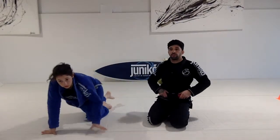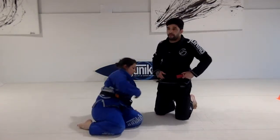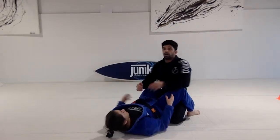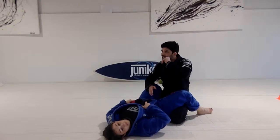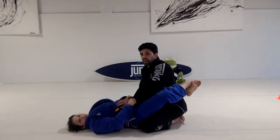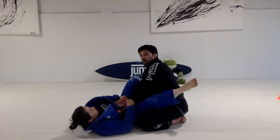Okay, now John, my tips for you as a heavyweight. First of all, if you have an opening on bottom, playing guard, I think a good option for you is to try to pass the guard, thinking about pressure. I was working the right way against her closed guard, and then I forced her to open her guard. She opened the guard, going to the last war spider guard. As soon as I was feeling her feet